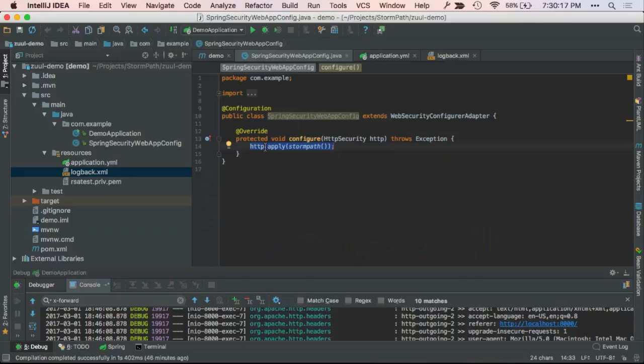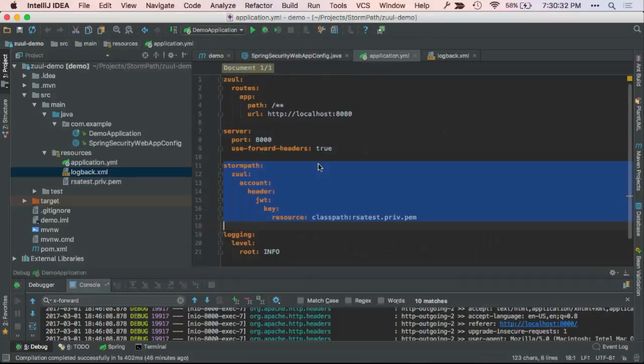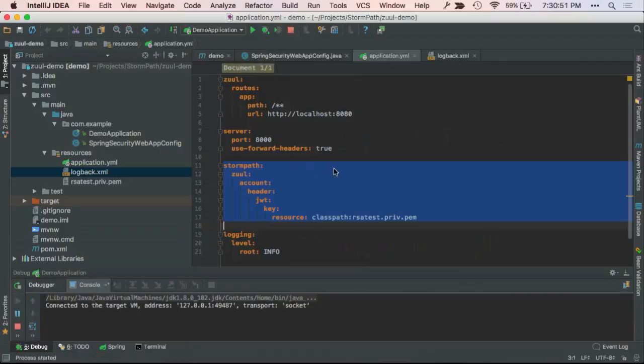So when we fire this up, everything's going to be locked down by default. Zuul is going to serve the authentication pages, which we'll see in a second. Then once you authenticate, because of this configuration, it's going to forward to localhost 8080. What's running on localhost 8080 is Juiser. Juiser is going to ingest that incoming JWT and set it up as a user with Spring Security. All right, so I already have Juiser running. Let's fire up this Zuul demo.